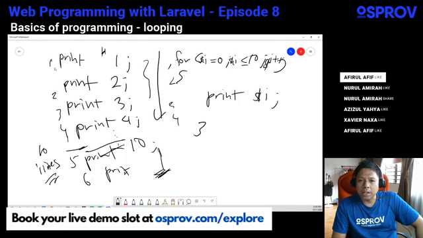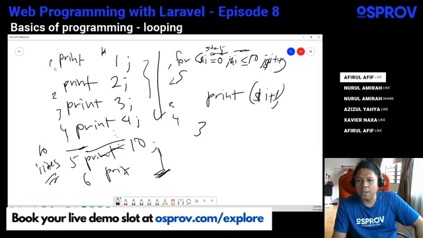So in this example we have a for loop. Let's look at the for loop example. You can see that I start the counter from 0, and then let me print i plus 1. Here is the condition. This is the starting condition. It will check whether this number, for example 0,